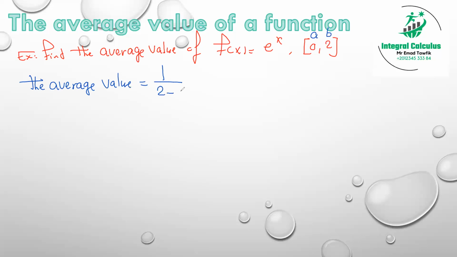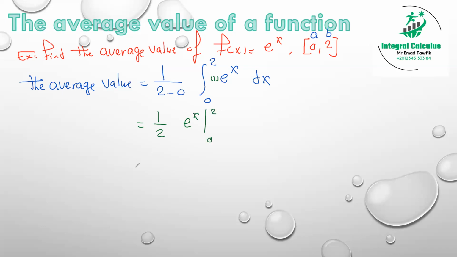over 2 minus 0, multiplied by the integration from 0 to 2 of my function e power x dx. As I told you, whenever I ask you to integrate an exponential function like this, you have to make sure that the differentiation of your power is already written. The differentiation of x is 1. So it's 1 over 2 multiplied by e power x, and make your substitution from 0 to